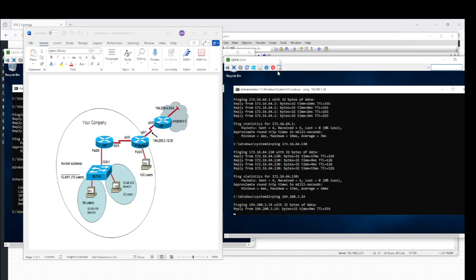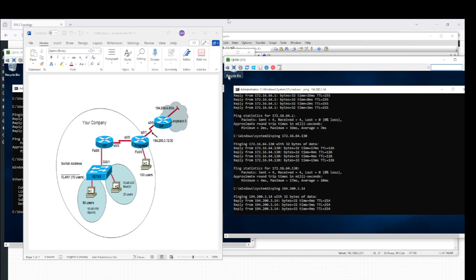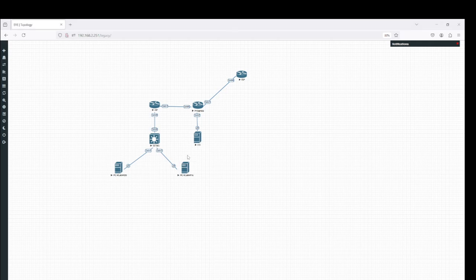194.203.14. So in this lab, we saw that we established the inter VLAN routing, and also we injected the default route which was going to the ISP to the rest of the network, and we had